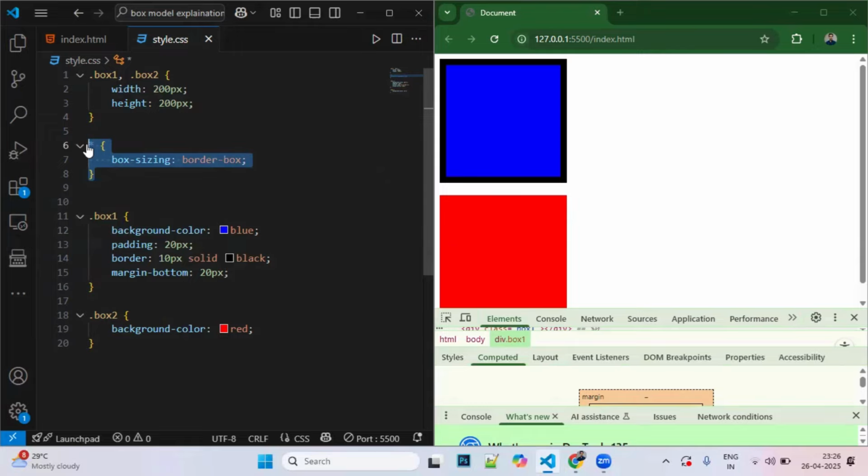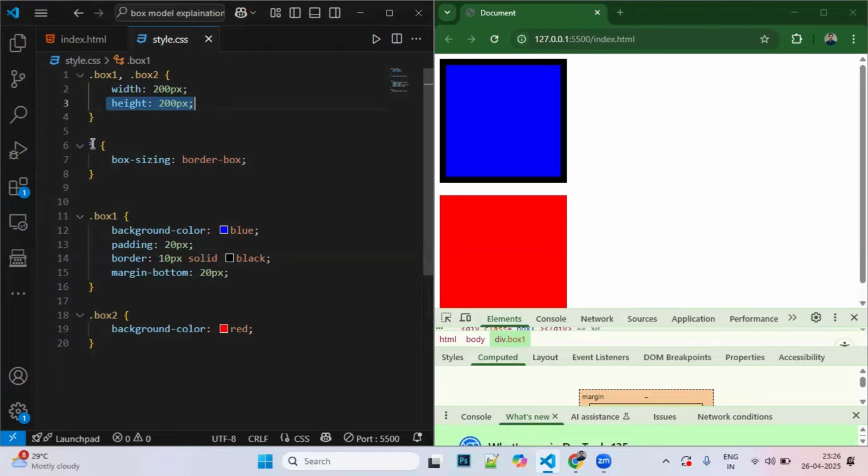So if you are creating any HTML linked to this file, each of these elements will have the box sizing as border box, because generally what you want is that if you are giving the width as 200 pixels and height as 200 pixels, you want that box to take that width only, including padding and border,